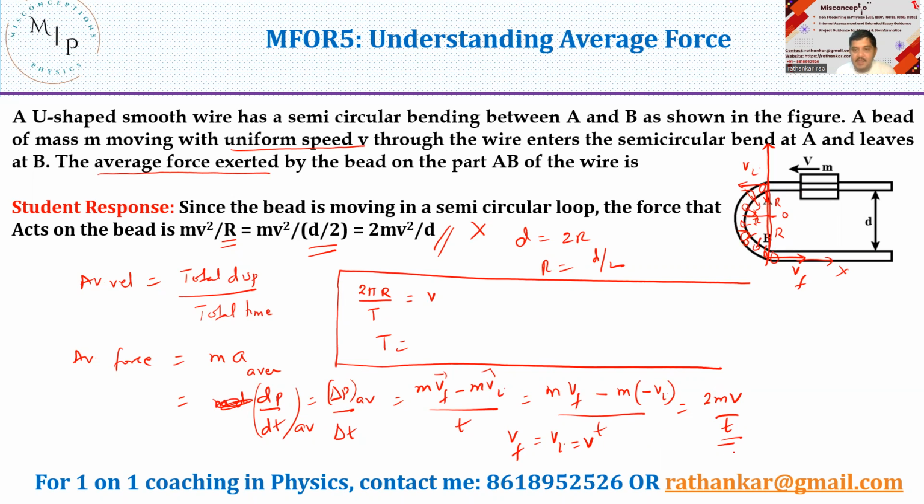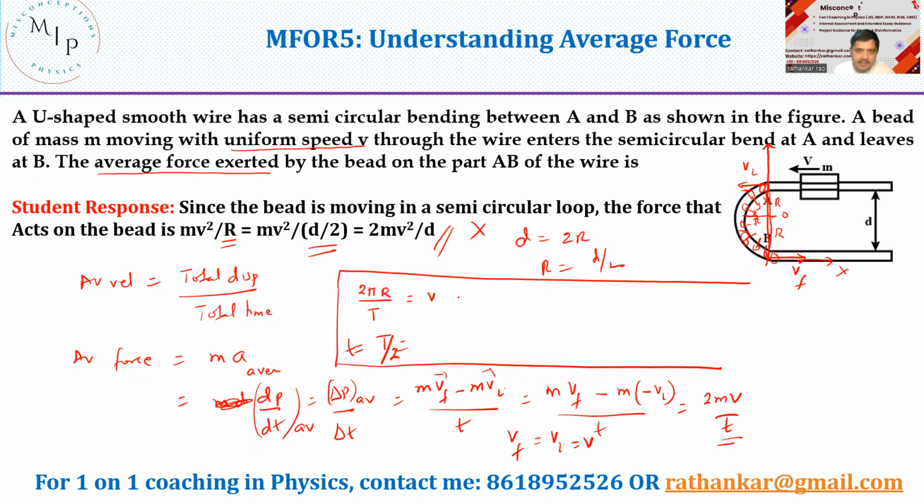Now, what do we have here? We have only small t. What is small t? Small t here is nothing but capital T divided by 2. Do you agree? Let us say, for example, it takes 5 seconds to start from here and reach here. The same 5 seconds would be taken if it wants to go upwards also. Neglect gravity, I'm not bringing gravity into this. So it takes the same time to reach here. This t equals T by 2.